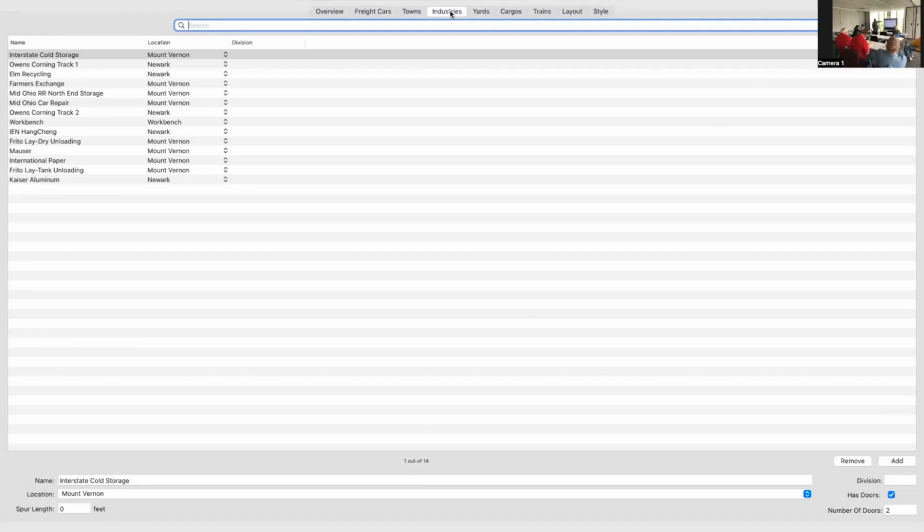So these are the different industries, and then I've created the location where they're at. So the various industries, and here's where you put your spur length. The length of your siding goes here, the number of doors. It's actually really easy. You just start putting in, a monkey can put the stuff in, really. But once you have all your data, you hit a button and it creates your switch